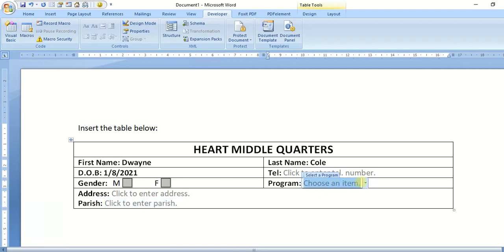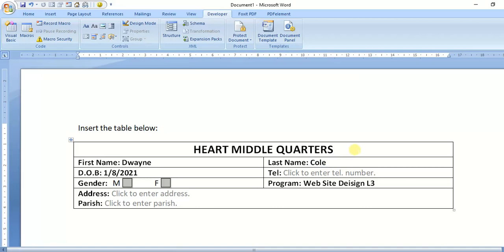If I click here and I choose my drop-down option, here I can select which program I want to do. Let's choose website design, and there you go. So this is a very simple, very basic fillable form,